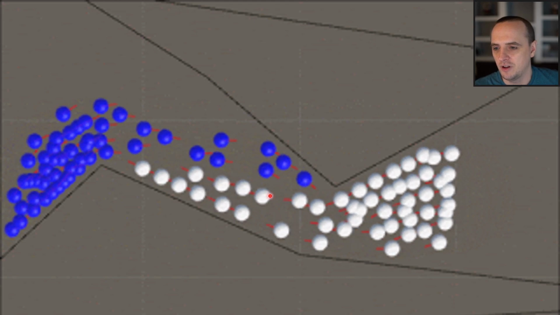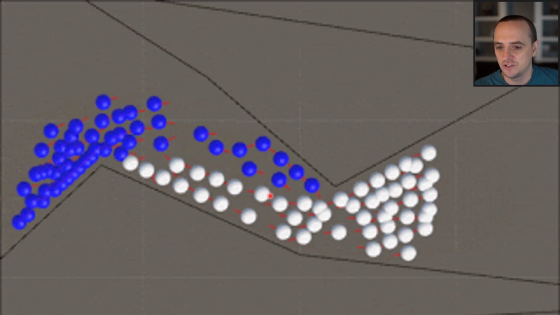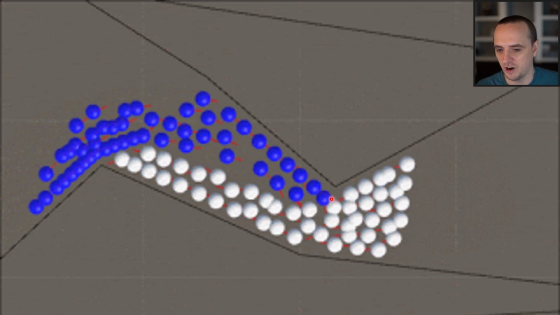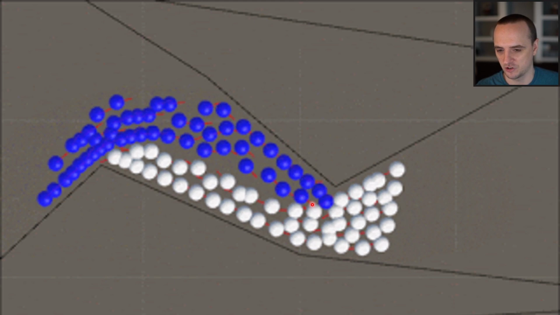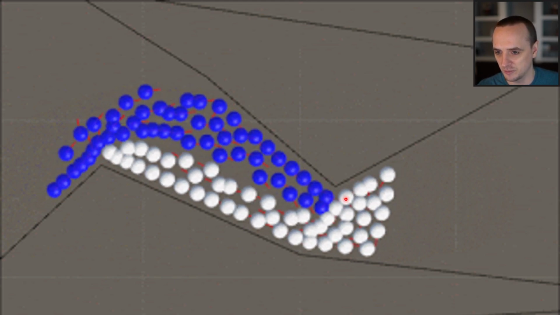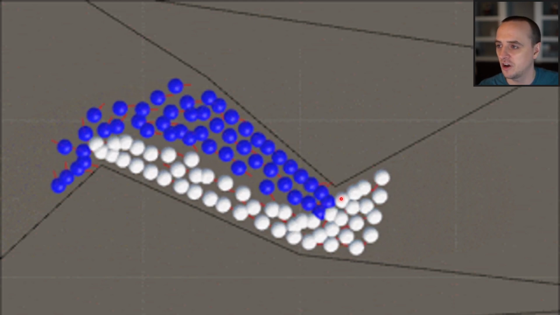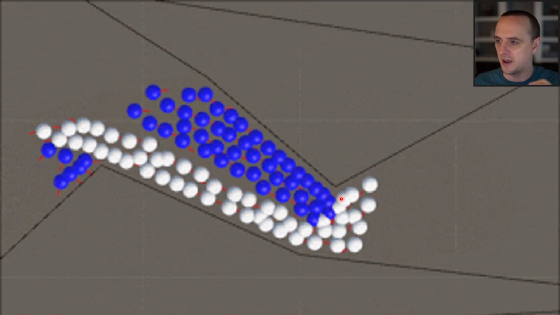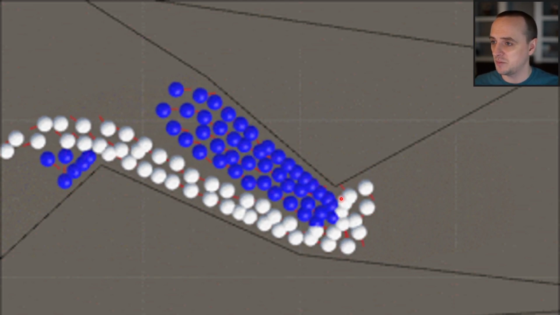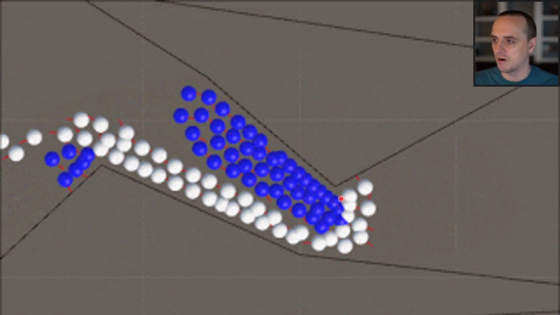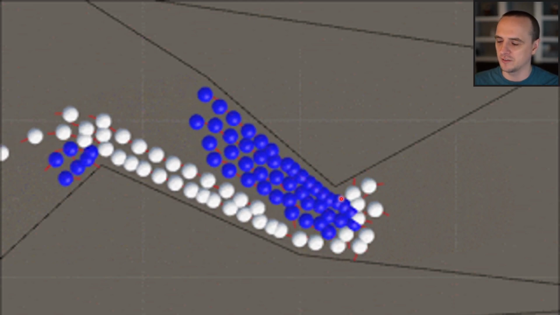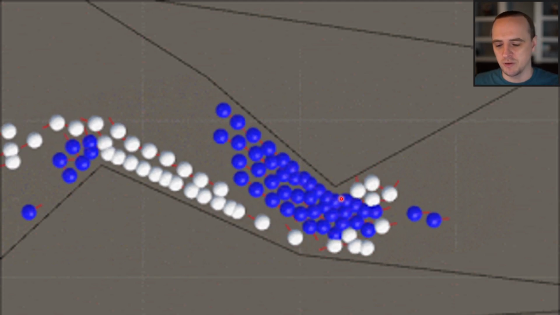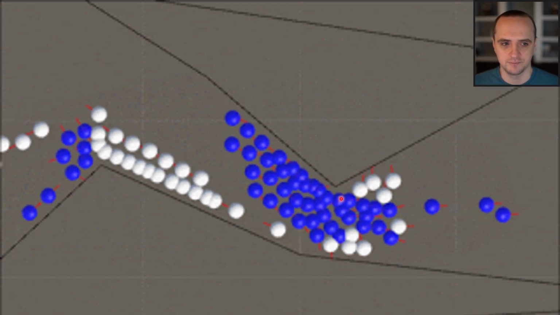Here's an example of multi-agent pathfinding that uses steering to avoid obstacles. These blue ones are trying to avoid the white ones, and the white ones are trying to avoid the blue ones, and they get stuck for a little bit, but in the end, the steering does guide them in a way that separates the two things, so there's a path for one and a path for the other, right? So steering can be used for this sort of thing. But remember that it's more of a path-following thing than a path-finding thing. You can use steering for the whole thing, but your paths won't be as good as if you combine it.